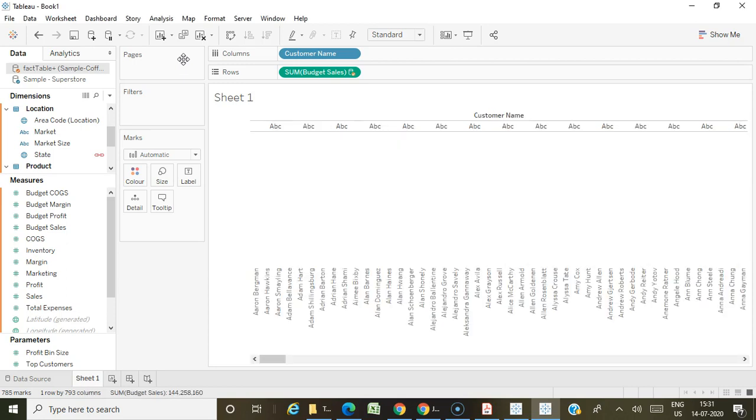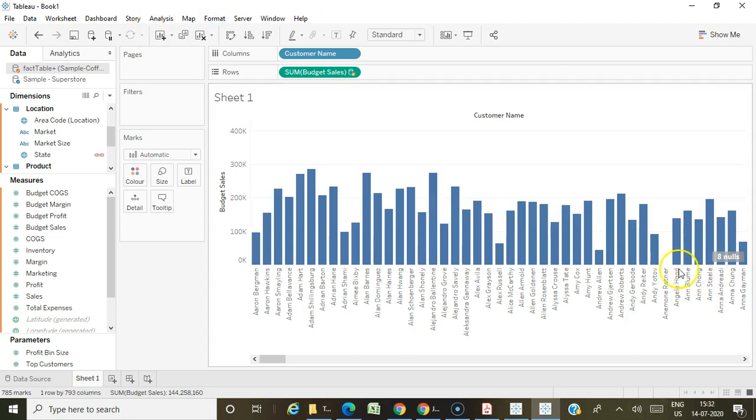Here you can see we have 8 nulls because we have taken customer name from Superstore data. You can see a blue tick mark and an orange tick mark. Blue indicates a primary source, orange indicates a secondary source. Since sample Superstore has the customer name, which comes from your primary source, it takes all the records because it is on the left side, and only matching records from your coffee chain data, so you are finding this null value. This is how blending occurs.